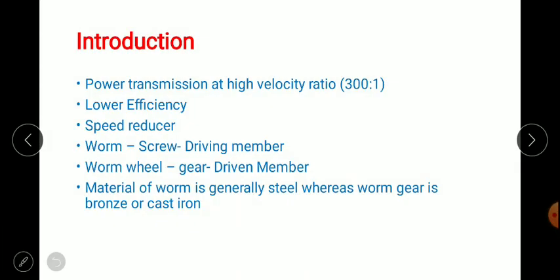it has a very high velocity ratio of around 300 to 1. Second, it has lower efficiency if we compare it with a spur gear or helical gear. It is always used as a speed reducer, since a drastic change in speed reduction can be obtained with the worm gear. Second, what important factors are to be understood about a worm gear is that the worm in a worm gear